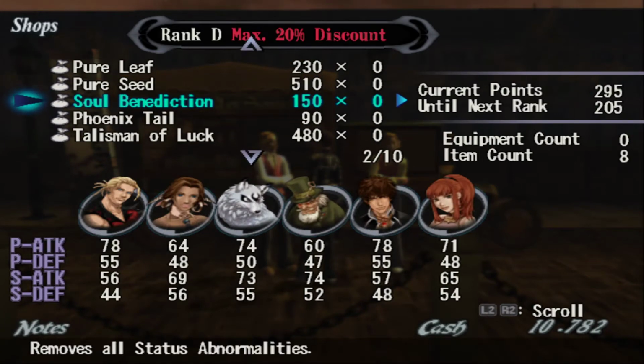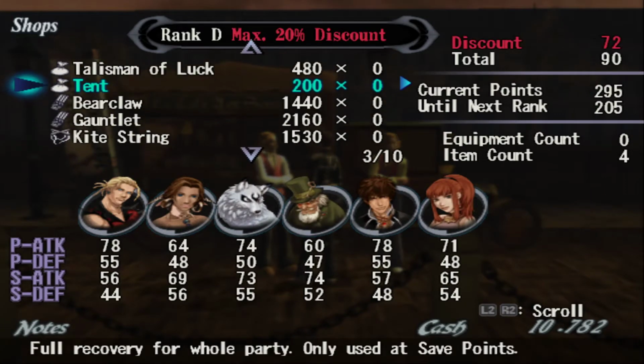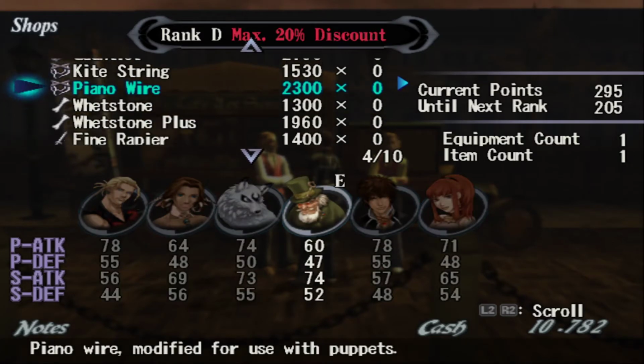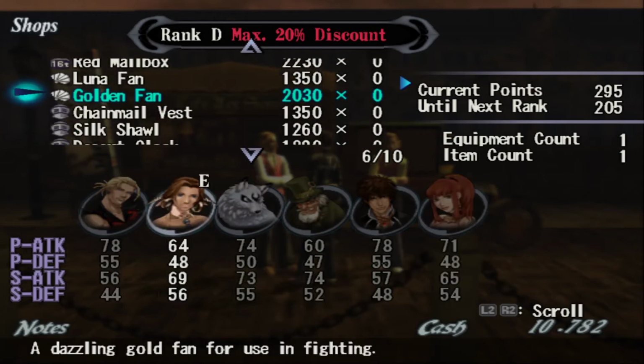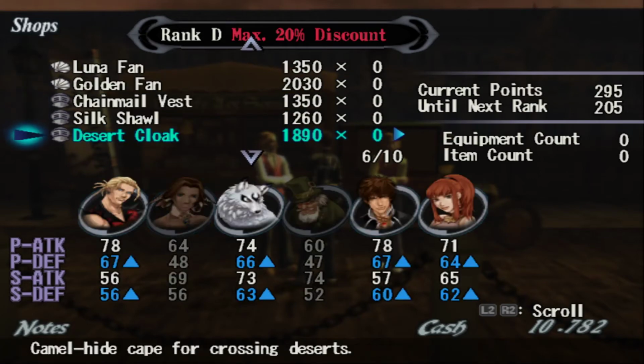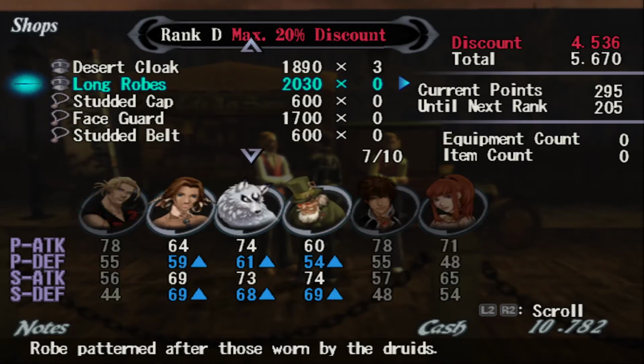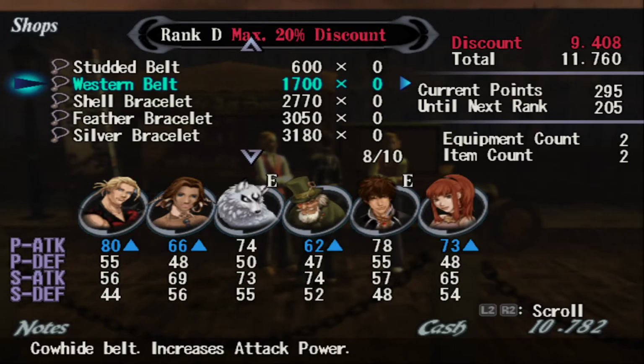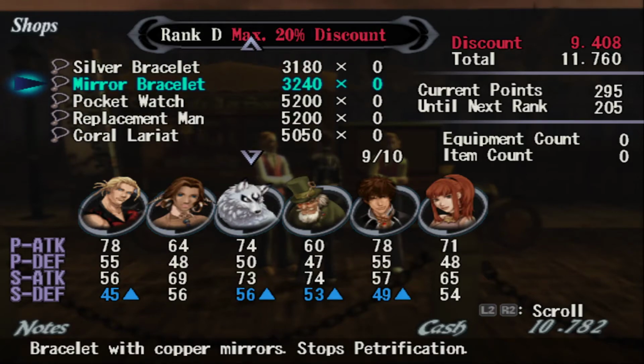Alright, so we can buy seeds if we couldn't already do that. Do I need... Hold up. No, I don't want to buy extra junk. No weapons this time around. But instead, we have access to new equipment, or new armor, rather. 3 desert cloaks, 3 long robes, and let's see here. You can buy western belts if you want them. I wouldn't worry about it. It's not really necessary. And what else? And mirror bracelets. We want...